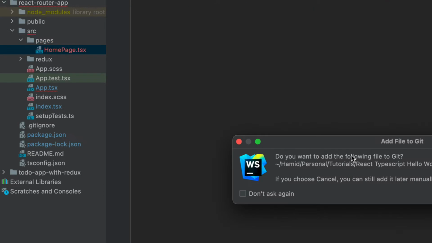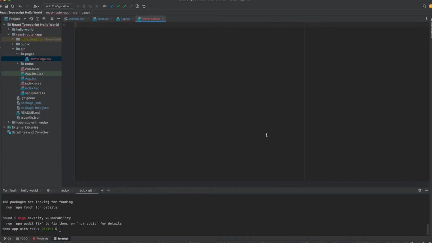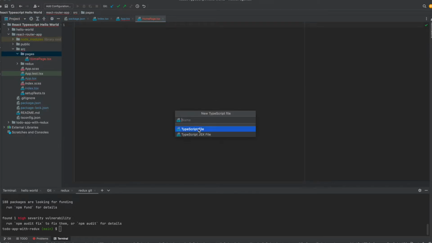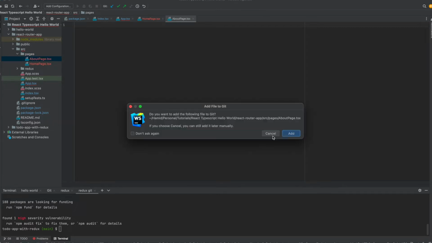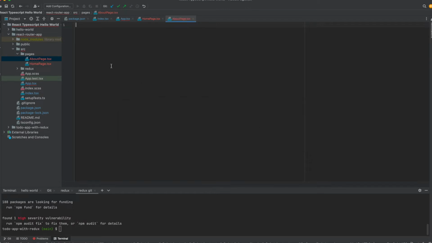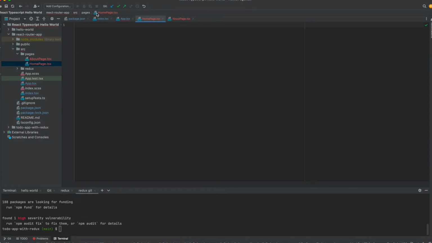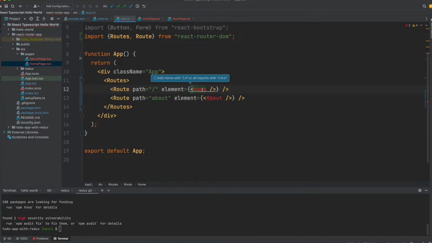So we need one home page, so we want to add it to Git, and we need a new file for the about page. So this is also a JSX about page, and yes, you can see it adds it under the pages, about page and home page. Currently these two are empty, but we can add stuff into them later. So we can add home page here, about page here, and